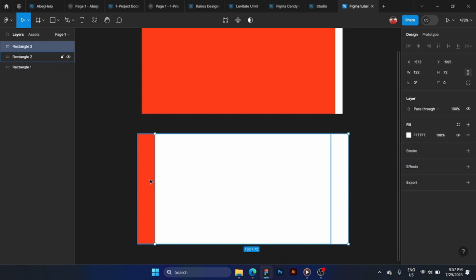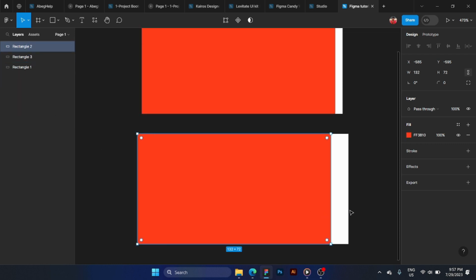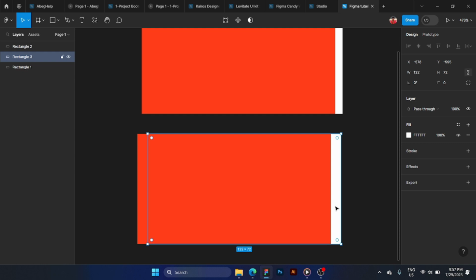And you see that the white is actually on top of this. So I simply just need to do this. It means that rectangle 2 must be on top of rectangle 3. And you click here, try to drag it to your taste, and see, you are having